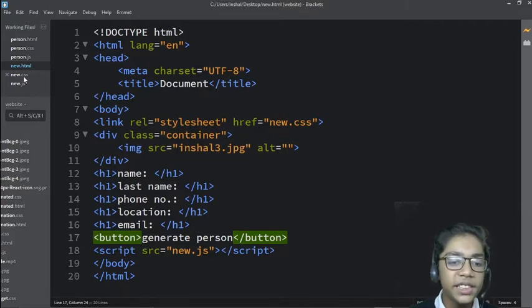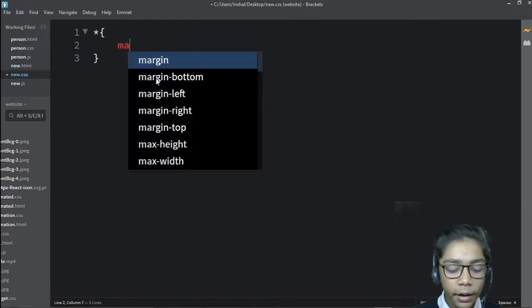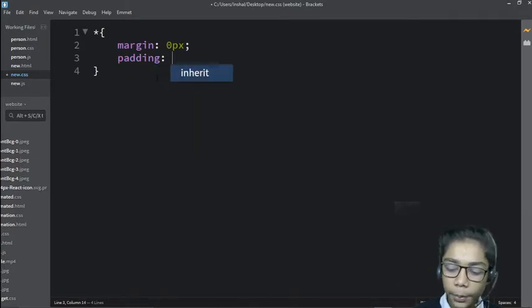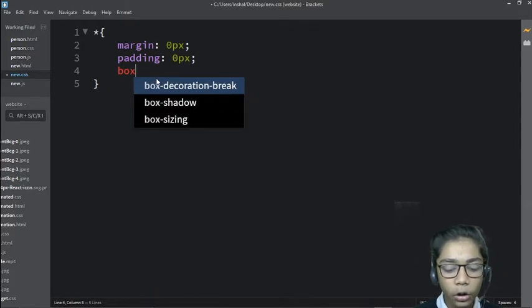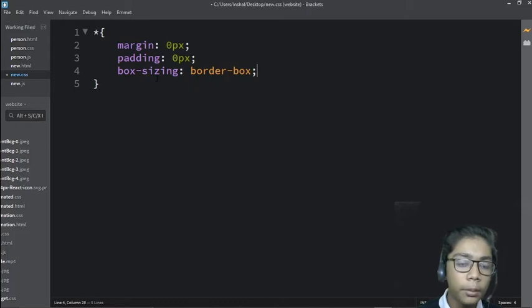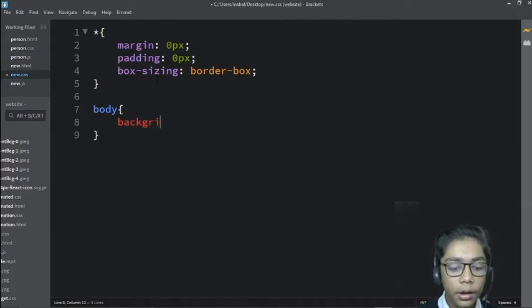Okay, so I will go to my CSS file, and now over here I will define this sign. And here first of all I will define my margin should be 0 pixel, padding should also be 0 pixel, and over here I will write my box sizing. Okay, so box sizing will be border-box. Come over here again, and here I will write body should have background color. So I will write background color should be white. So I will write white. Come over here and write color of black. Okay, so I will write black.